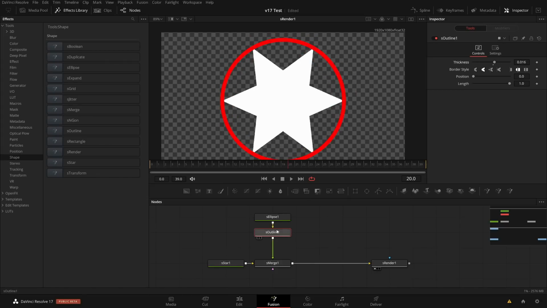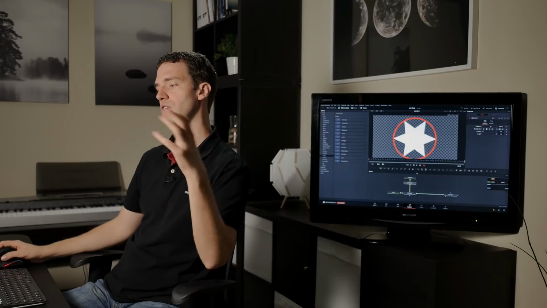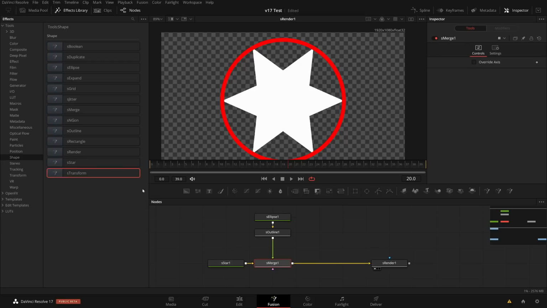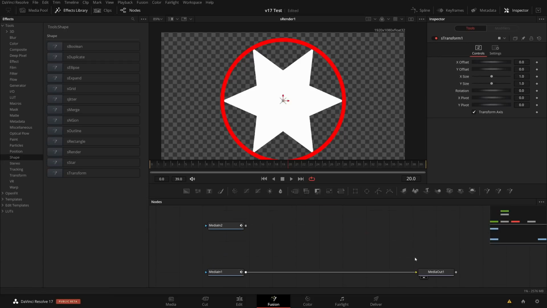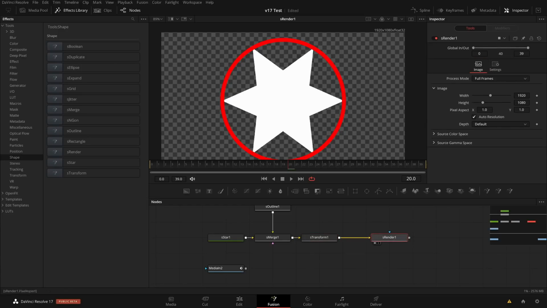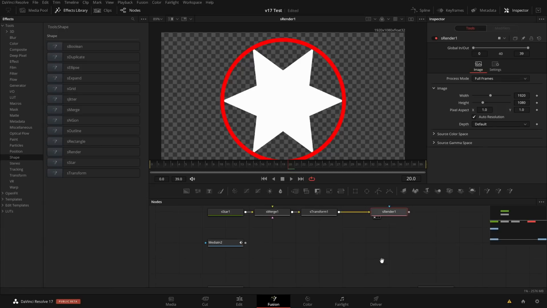So this is how you can add and manipulate them. Each of these creator nodes, the star, the n-gon, the rectangle, the ellipse, are the tools that create elements to start from, and they already have color information. They can be animated, and you can merge them together. You can manipulate them with this outline node, or transform them, so they have their own transform here. The render node is the one which holds the image resolution, and from here onwards we have an RGB image which can be manipulated like usual.